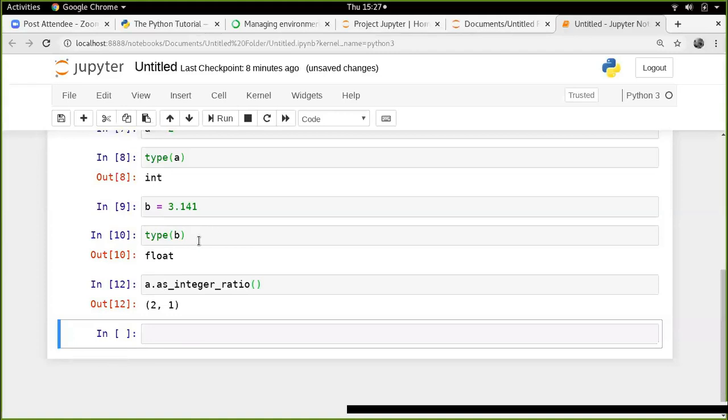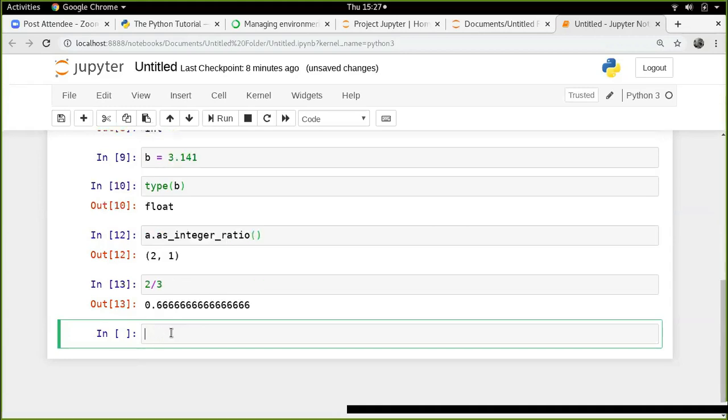So the next thing is about types and floats, that you can do all the basic calculations. So for example, you can do things like 2 divided by 3 and things like that. Now,